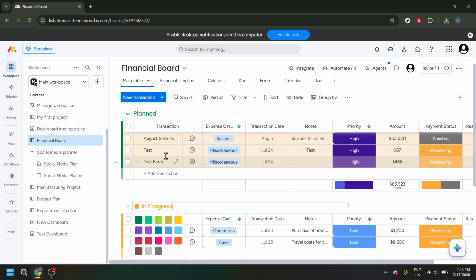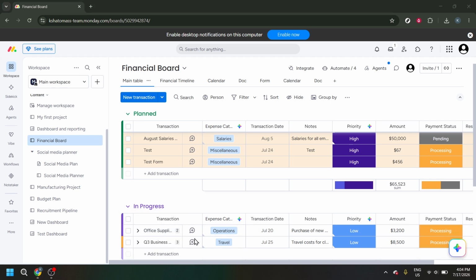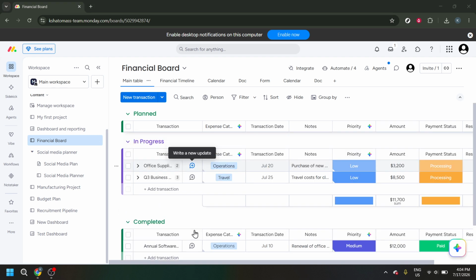And that's all it takes to change a group color on Monday.com. Just open the three-dot menu beside the group name, click Change Group Color, choose the color you want, and the